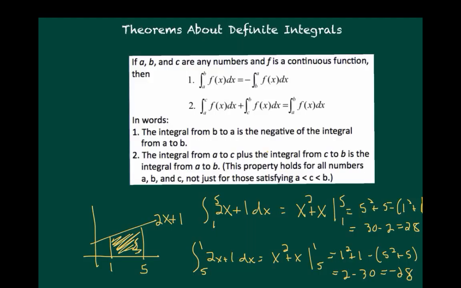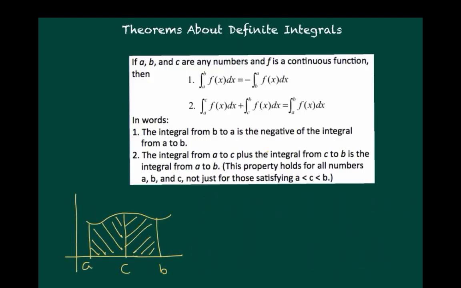Okay, let's take a look at the second property. The second property is really just basic addition. It says that if we add the integral from a to c of f of x to the integral from c to b of f of x, we get the integral from a to b of f of x. Well, that's honestly not very intuitive looking in algebraic form, but if we take a look at a picture down here, we see that the first integral from a to c, and this should be labeled f of x up here, plus the integral from c to b is obviously going to equal the integral from a to b of